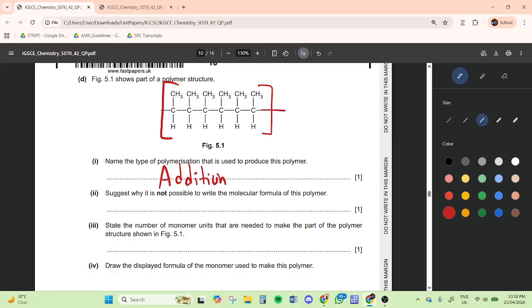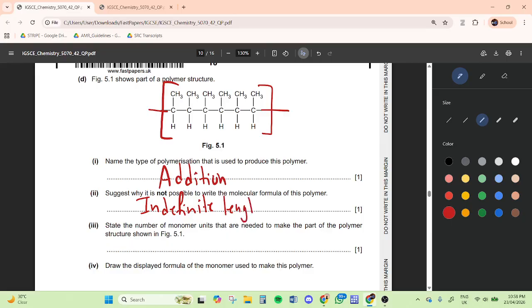And in this bracket, you're sort of extending this, which means it's going on indefinitely, right? So because it's going on indefinitely, we're not exactly sure what the length is. And as a result, we can't write down how many carbon units are in this. It's indefinite. As a result, you write down it's not possible to do this because it has an indefinite length,